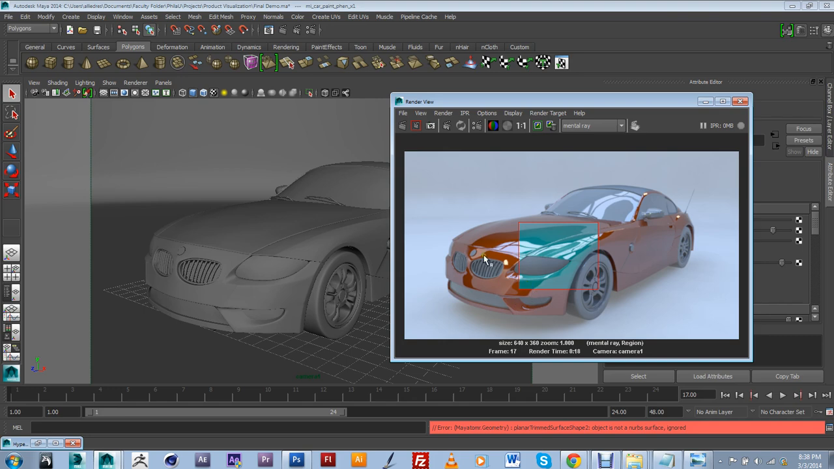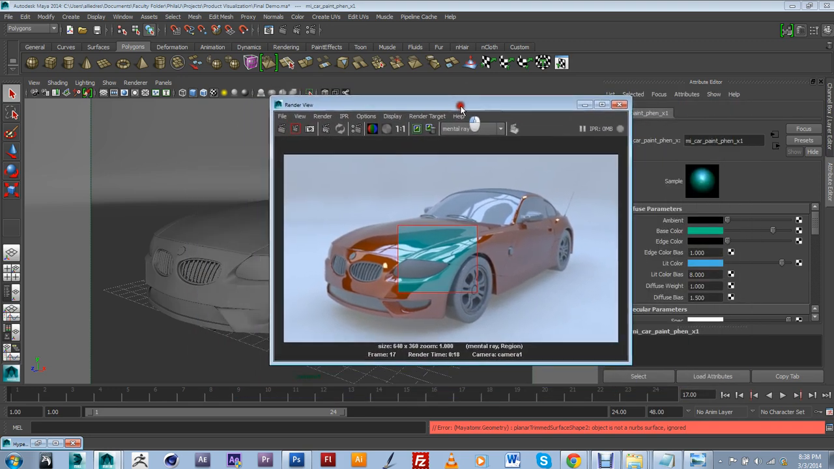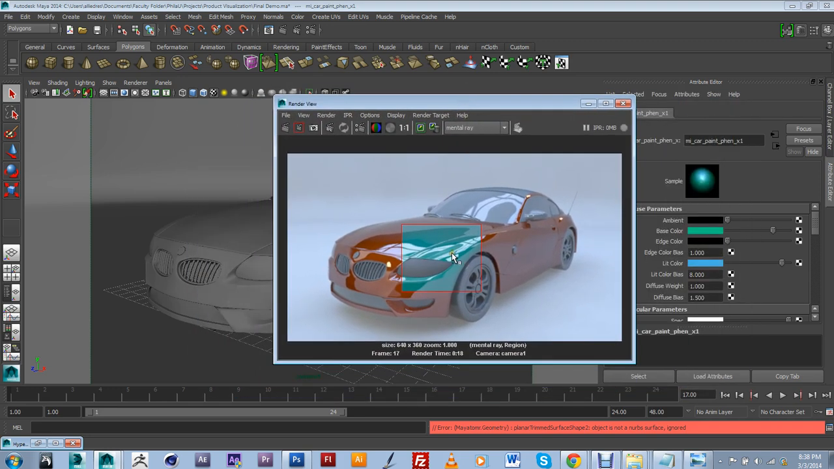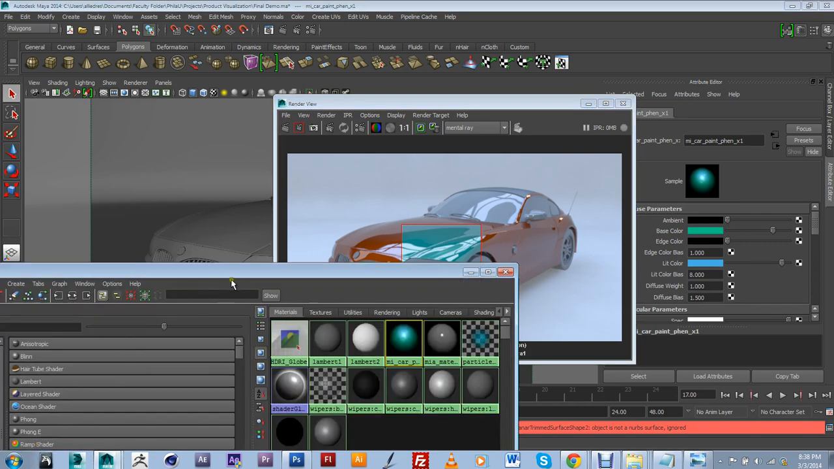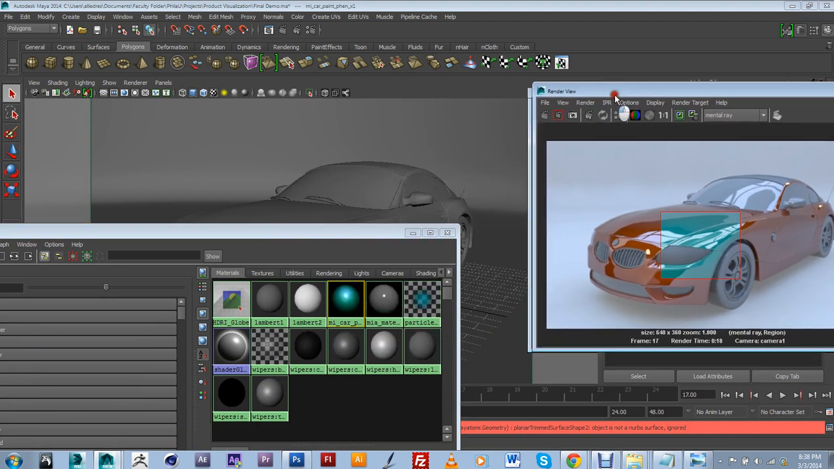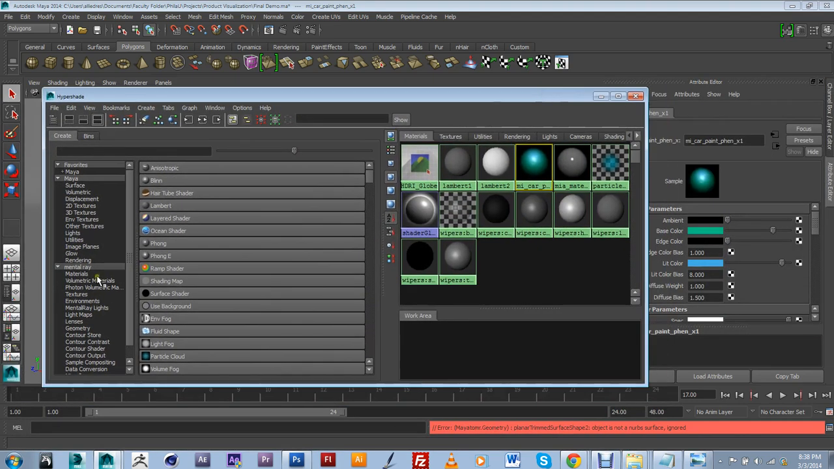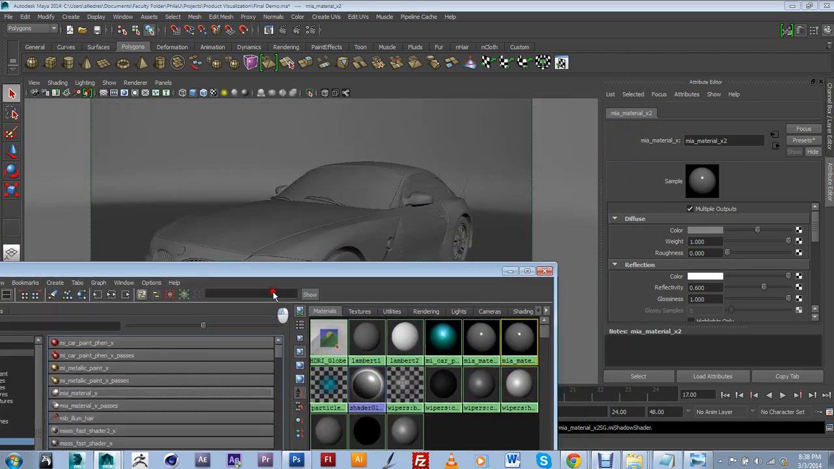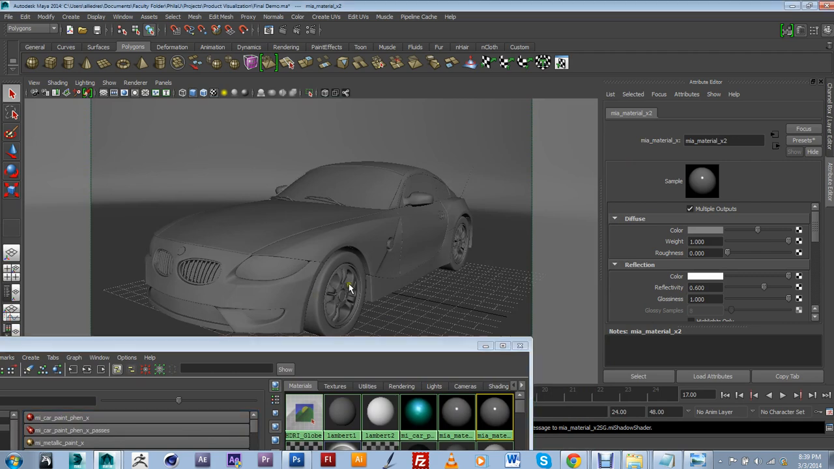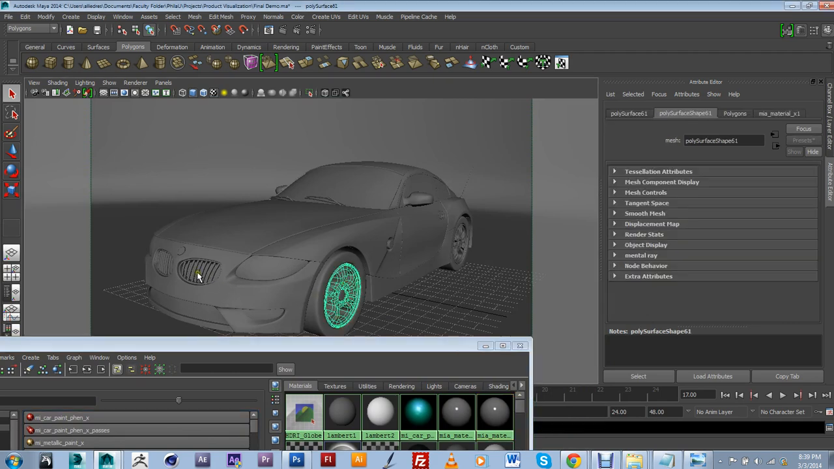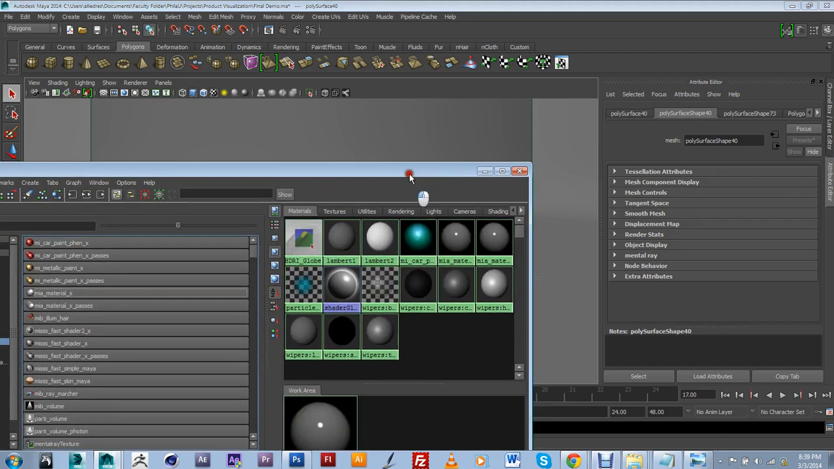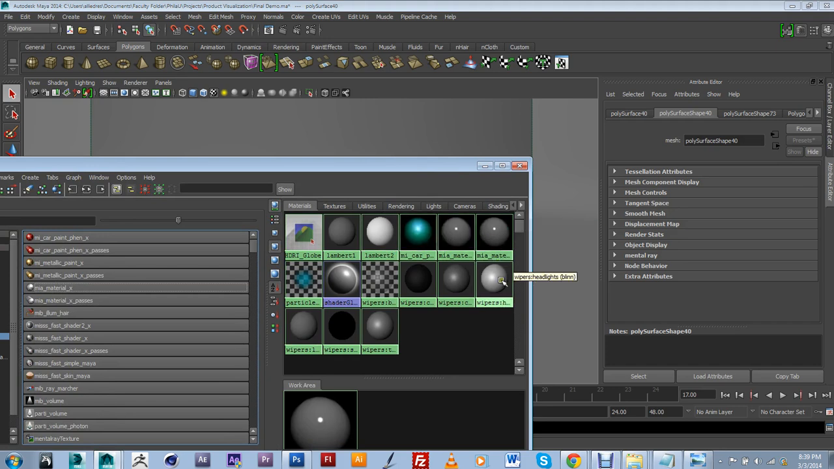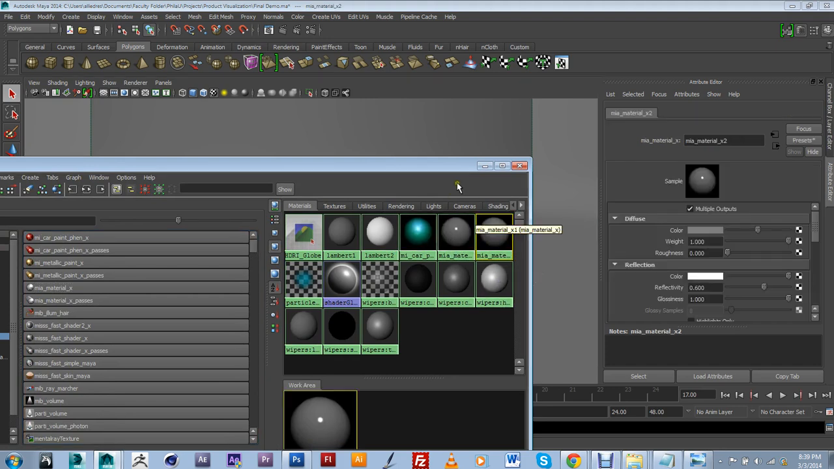So at this point we want to start creating some procedural materials, our Mia X materials. Let's go back into our Hypershade. The nice thing about the Mia X materials in Mental Ray is that it comes with a bunch of presets that you can use right away. For instance, if we needed chrome for our wheels and our grill and those edges and stuff like that, I just created a new Mia X material, which is this one right here,